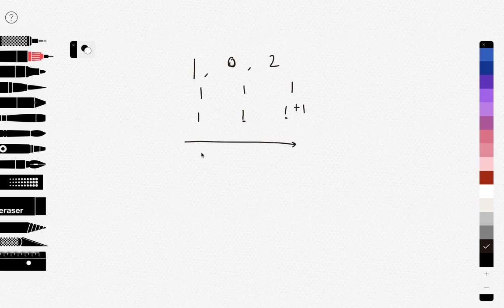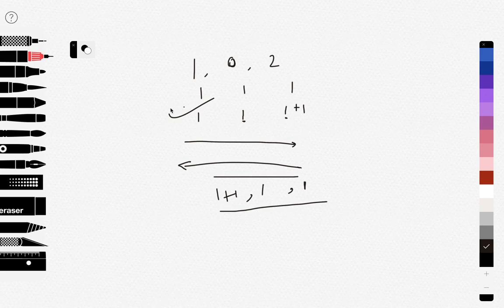So what we did was traverse the array from left to right. Now we will traverse the array from right to left. Again, 2 will be given only one candy, nothing changes. Now 0 would be given only one candy, and 1 would be given 1 plus 1 candies. So this is the configuration we attain when we come from right to left, and this is the configuration we attain when we go from left to right. So what is the answer finally? For left to right it is 1 1 2, and for right to left it is 2 1 1.